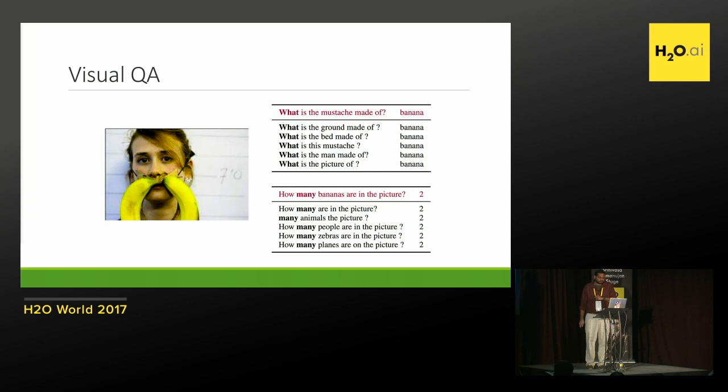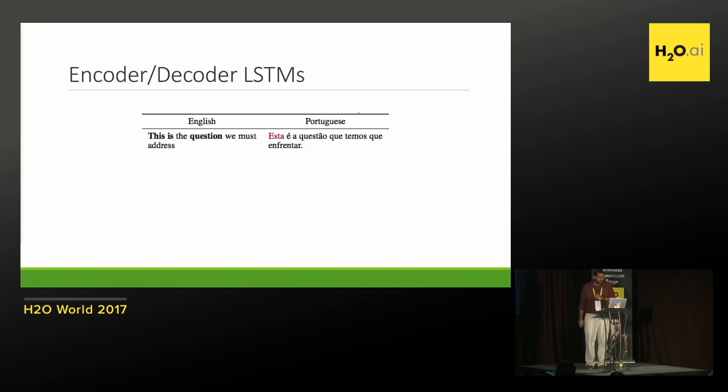Right? In the end, I want to give you a few other examples of more complex tasks we've been working with. So this is a machine translation model, where we have English to Portuguese translation. And we wanted to know why does the word esta appear in the translation. And it turns out the word esta appears here because of this is, which is the literal translation of esta, but also because of the word question.